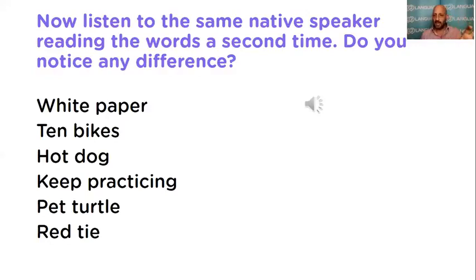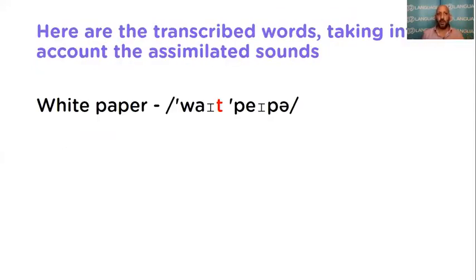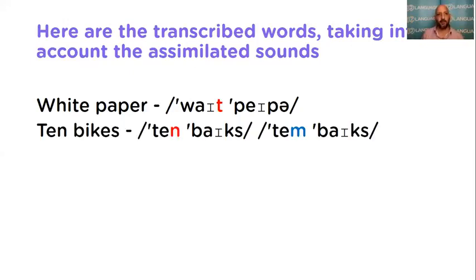So they're words that belong together. Notice what happens to the final sound of the first word, or the final phoneme there. Let's have a look at that. Let's look in the transcription. White paper, what happens to the t sound? It vanishes. White paper, white paper. I don't make a t sound.